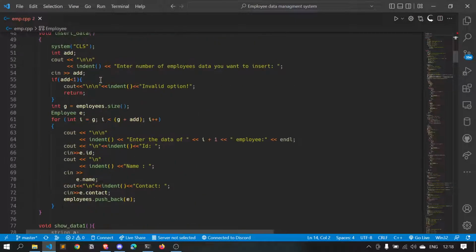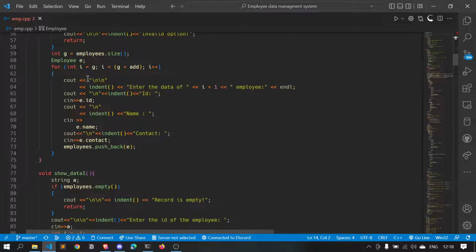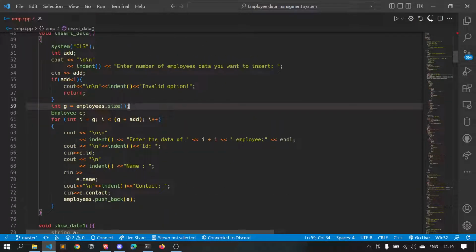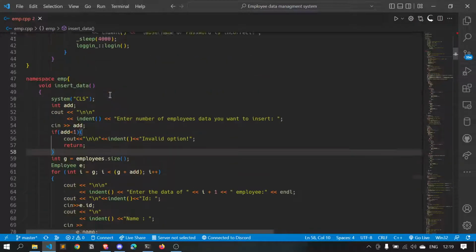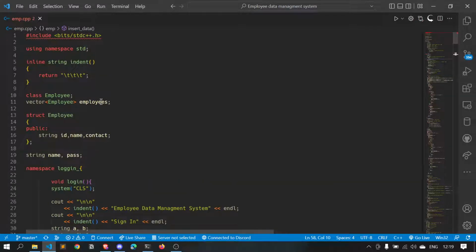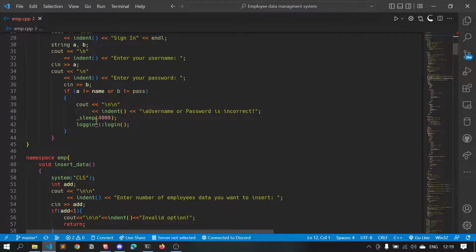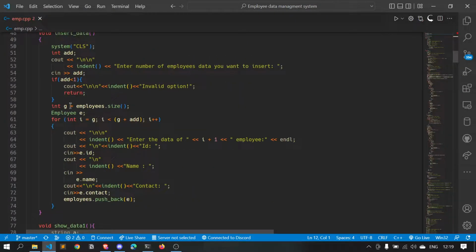Okay. So it will just count the size of all the existing data. Okay. So suppose there are three data already present in this vector. Okay, so it will just keep the count of this data, and then